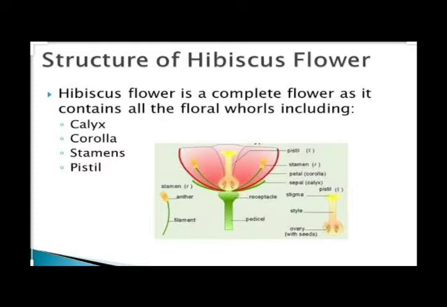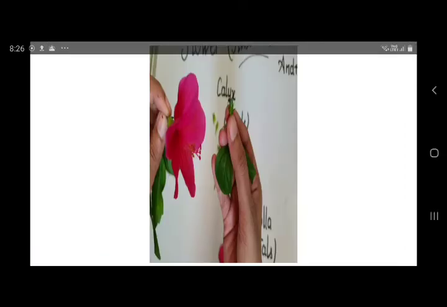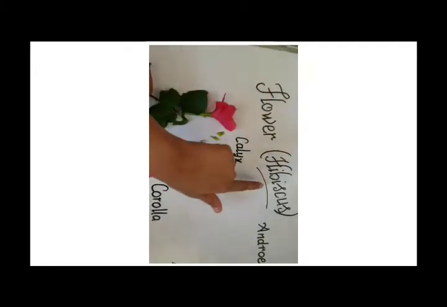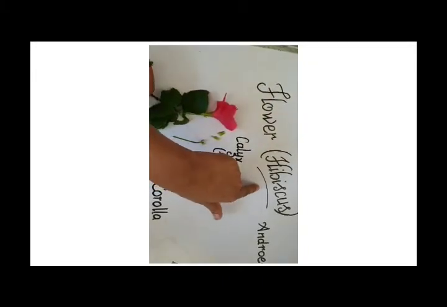Mainly, the flower is present on a receptacle. There is a pedicel which gives the support to the flower. And then there are different whorls arranged above the receptacle. So let's see how the whorls are arranged, what the different names are, and what they are made up of. Look at the following video here. We are going to learn about hibiscus in this video.